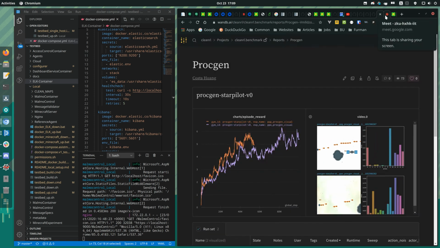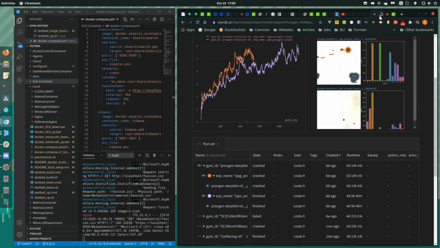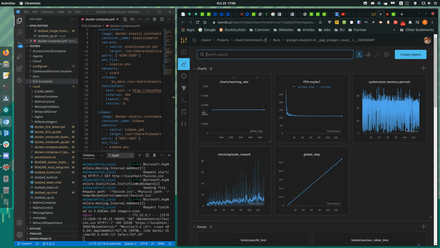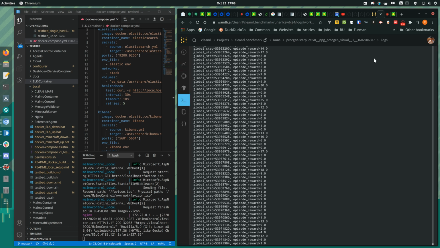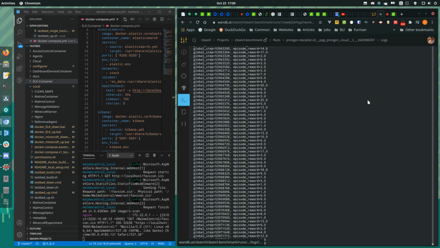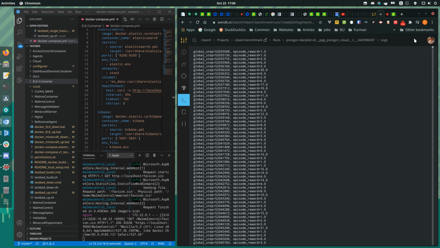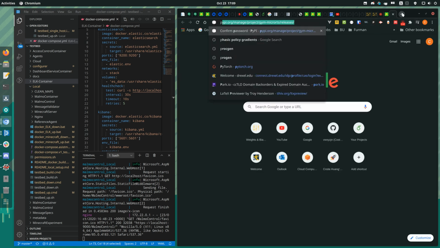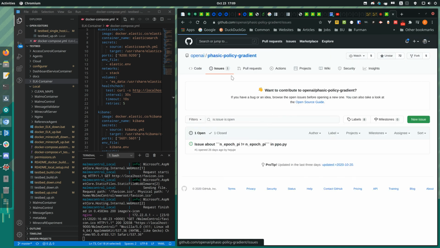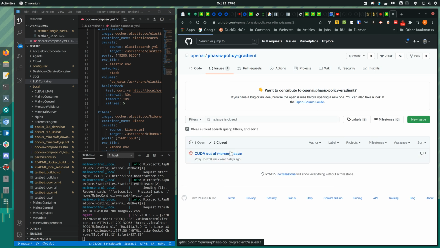I don't know if I mentioned this last time, but basically, if you're training the agents using PPG on this ProcGen domain, you're storing a lot of stuff in the ProcGen environment. So what happens is that, let me maybe download the log files. Okay, it's not really available to download. But basically, you go to 500,000 time steps. I actually did this calculation in the Phasic policy gradient official repository as well. Let's take a look, because other people are having issues with the CPU requirements, and I was just replying